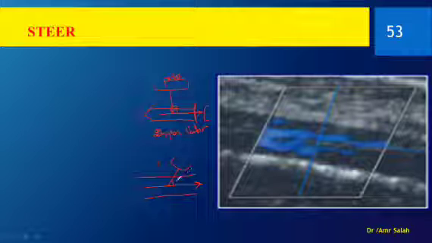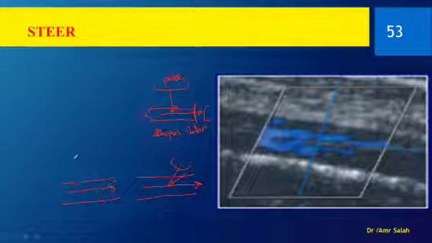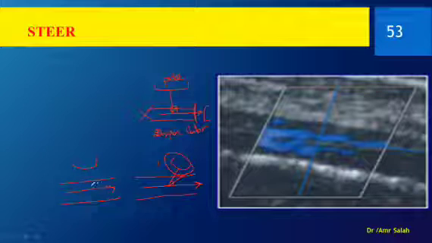Should it be like this or like this? And of course, the more it comes in continuity with the direction of the blood, near the angle of zero, the better. Now there is another way. How is that? Again, there is the direction of the blood and there is the probe. We will produce steer not by manually moving the probe, because it depends on the operator. Now the machine will do the steering of the ultrasound beam. So instead of it coming like this, it will come in this direction. As such, your color box would be tilted, steered, because the ultrasound beam has been steered.